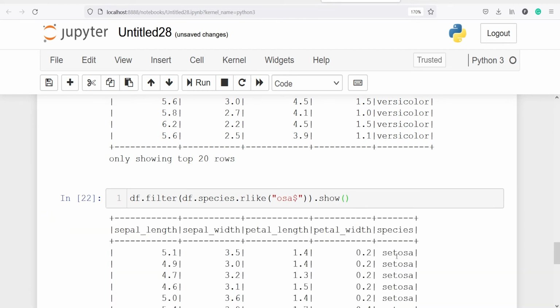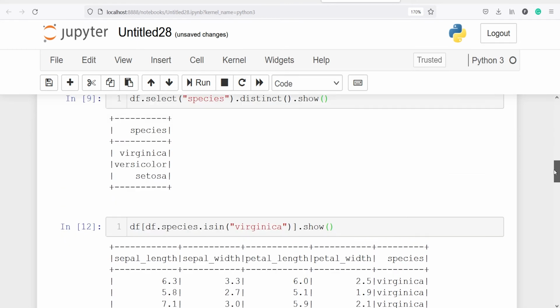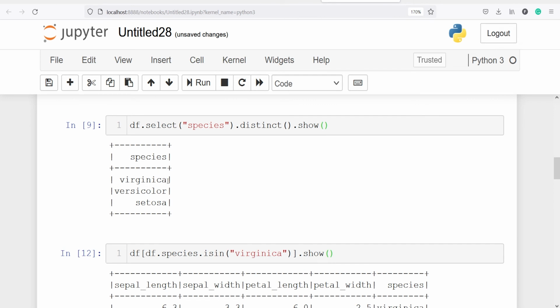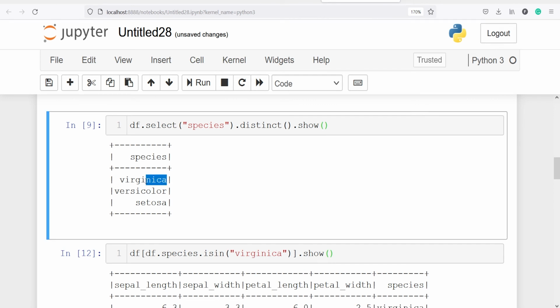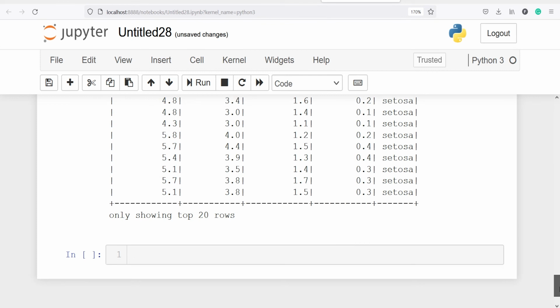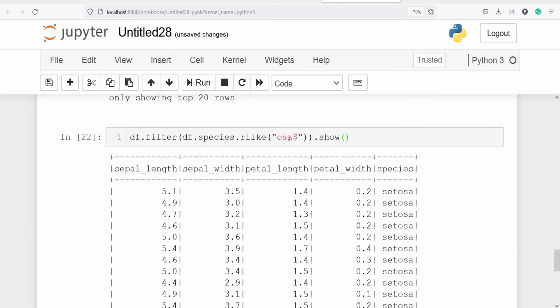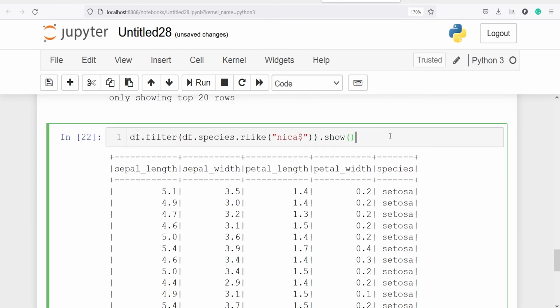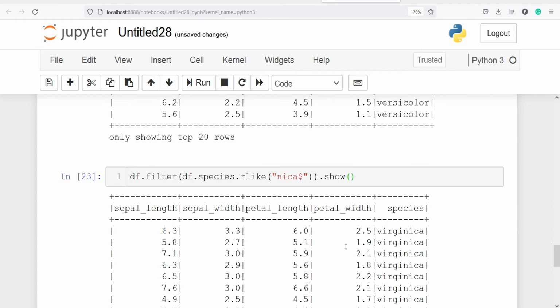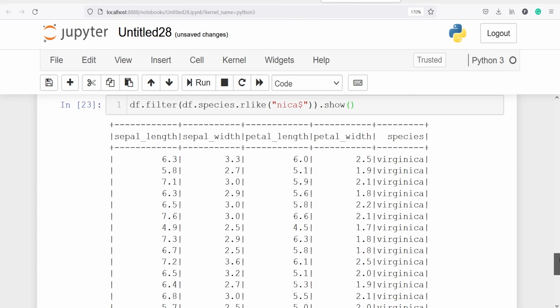Here in the output you can see we got this row for the species Setosa, and we can also look for the species Virginica. I'll just copy this NICA from here and paste it here. Let's execute our code. We also got the output for the species Virginica. This is how the rlike function works.